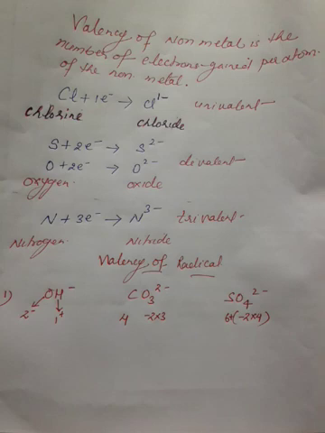In the same way, carbon will be known as carbide, but carbon will not gain electrons. Only sharing will take place. But try to remember the name. The suffix "ide" will be added. Chlorine, chloride; oxygen, oxide; nitrogen, nitride; carbon, carbide; hydrogen, hydride. So monovalent is when valency is 1, divalent when valency is 2, and trivalent when valency is 3.